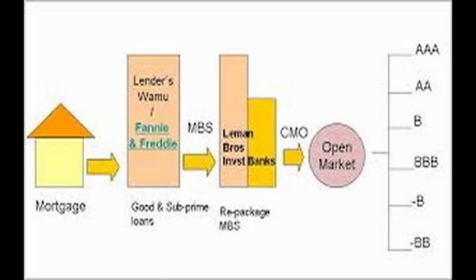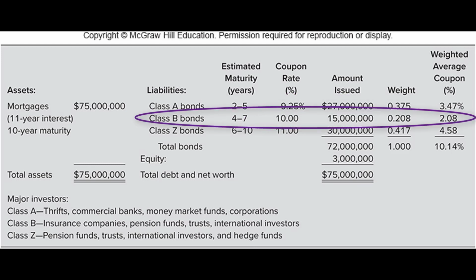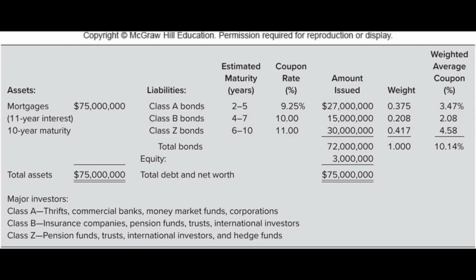Collateralized mortgage obligations, or CMOs, are debt instruments that are issued using a pool of mortgages for collateral, where the issuer retains the ownership of the mortgage pool and issues the bonds as debt against it. So, for example, you can see in this particular CMO, we've got $75 million worth of mortgages. And against those mortgages, we've applied three classes of bonds, Class A, Class B, and Class Z, with different maturities